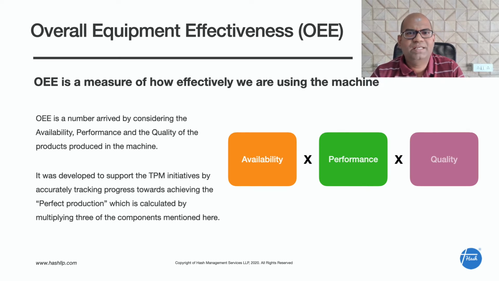So let's get started. OEE is a parameter which helps you to understand how much I am utilizing a particular machine. There are many professionals with whom I have interacted. They follow OEE, they track the OEE, but they don't understand the foundation of OEE. So they may not be able to explain why it is relevant or why this particular parameter is very important. They just blindly calculate the data, create some graphs and stick them near the machine. So OEE is calculated from three parameters.